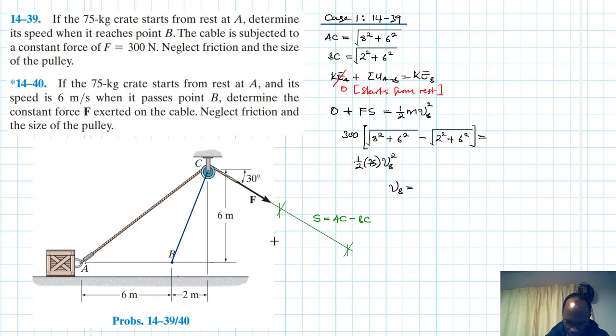So square root of 8 squared plus 6 squared, like so, then minus square root of 2 squared plus 6 squared, okay, then this times 300 and divided by 0.5 by 75, then square root of that, we have VB equal to